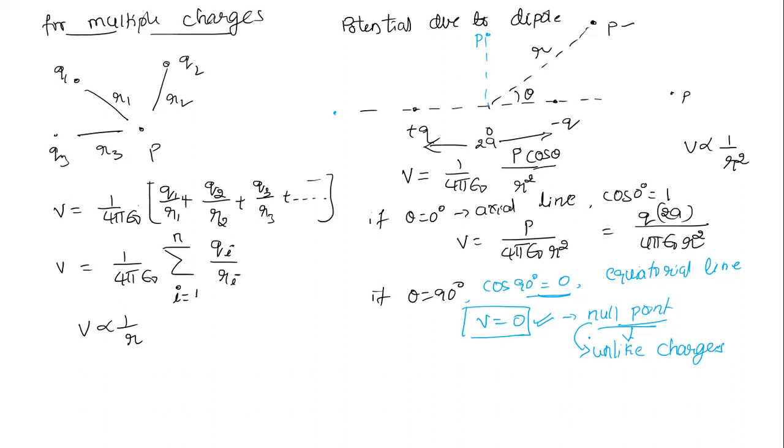Okay, so this is the potential due to a dipole. Let us look at now, sir, how to calculate the null point? Because sometimes the question they'll ask, at what distance the potential is 0, where the null point exists. How can we calculate that? Let us see the calculation now. Okay, let us go to the next page. So this page is clear to all of you. Understood, this is potential due to a single charge, dipole, axial line, equatorial line.